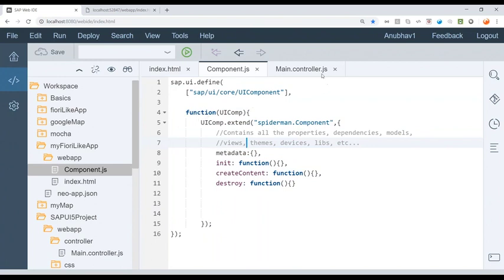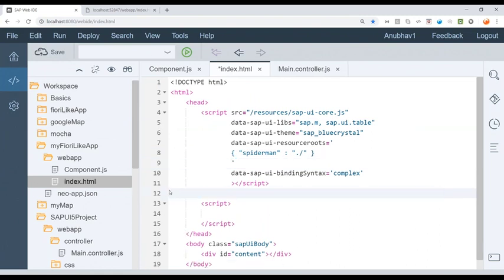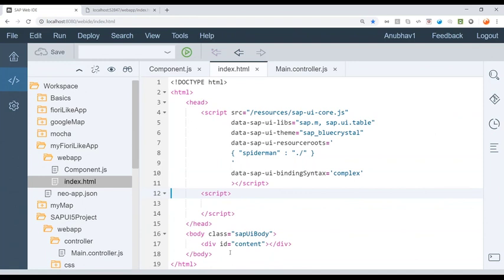What is the definition? Similar to controller, we have created an inheritance from the standard UI class. In this case, the class is the SAP UI component class. This is inherited. We're creating an extension, putting the namespace, and making sure the same namespace is given in index.html. So I go back to the index.html file, and here we will change this to Spider-Man. So everywhere it is the same, Spider-Man. I'm going to kill this link, not necessary. Index.html now doesn't have any code related to your application. Everything will start with